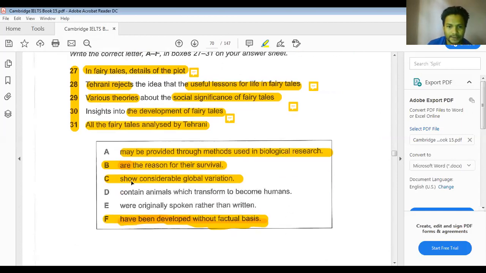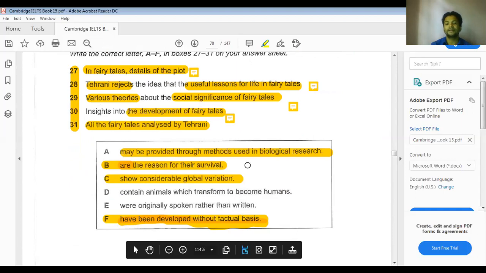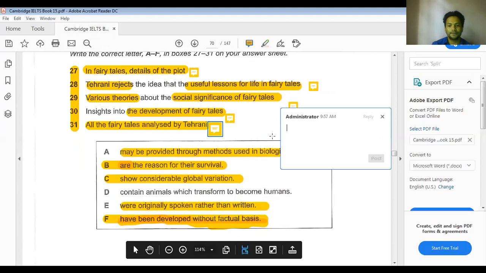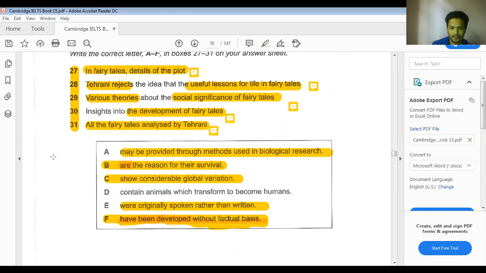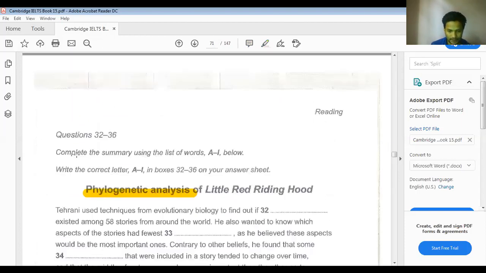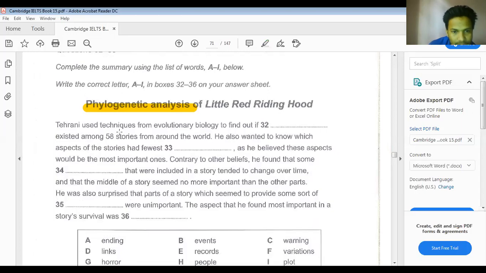All the fairy tales analyzed by Terani contain animals which transform to human, or originally spoken rather than written, as they were oral traditions. So we got the answer for question number 31 also. The answer for question number 31 is E. So we have got all these answers. Remember, make a note that these questions are always in order. We have got 31. Now, Terani used techniques from